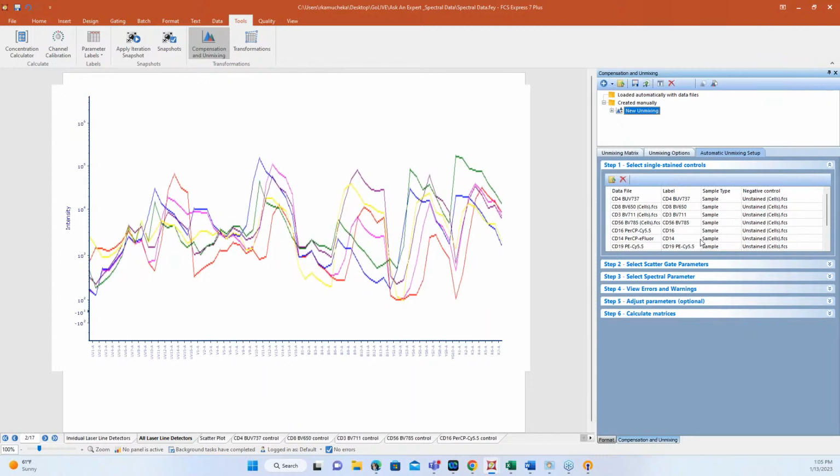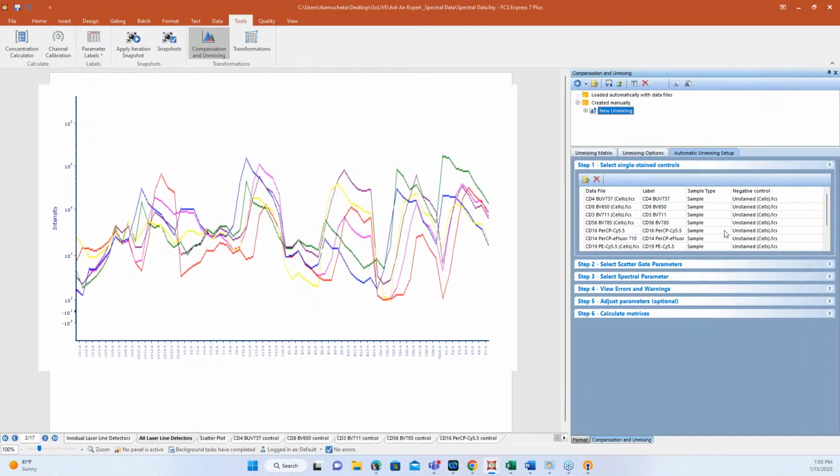Holly, with unmixing, how do you feel it is when you first try it for the first time? I think it's actually, especially, you were talking about how similar it is to compensation, in terms of the wizard part of it. I feel like our wizards are really set up very well to have those step-by-step instructions on how to do it. I feel like it can come off as intimidating at first, like, oh my gosh, how do I do this unmixing? But you really just kind of have to do what the wizard tells you to do, and it all updates in real time, right?